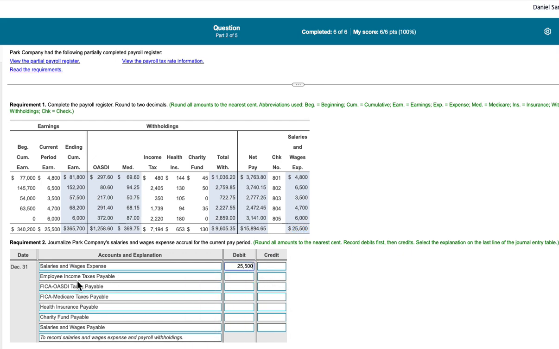25,500 is what we're told. And how do we get that? From employee. So you're just going to plug and play. My employee income tax here is going to be income tax 700, and I'm just copy and pasting. And then my FICA OASDI tax,